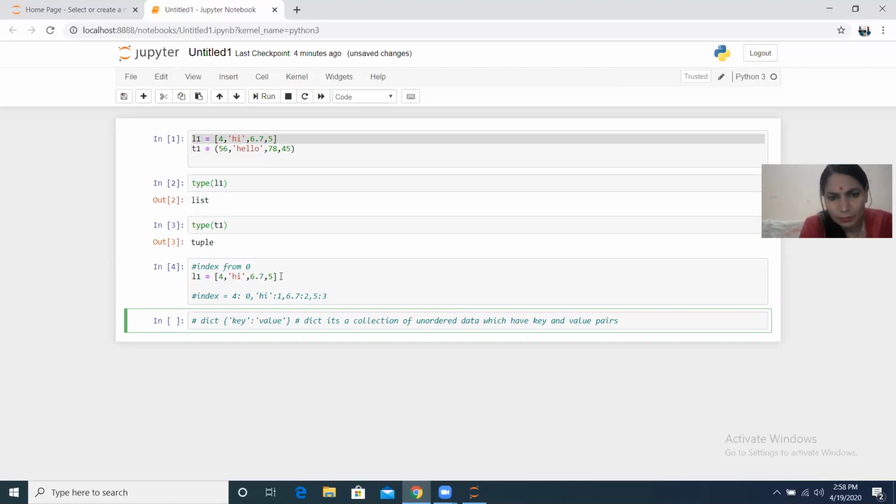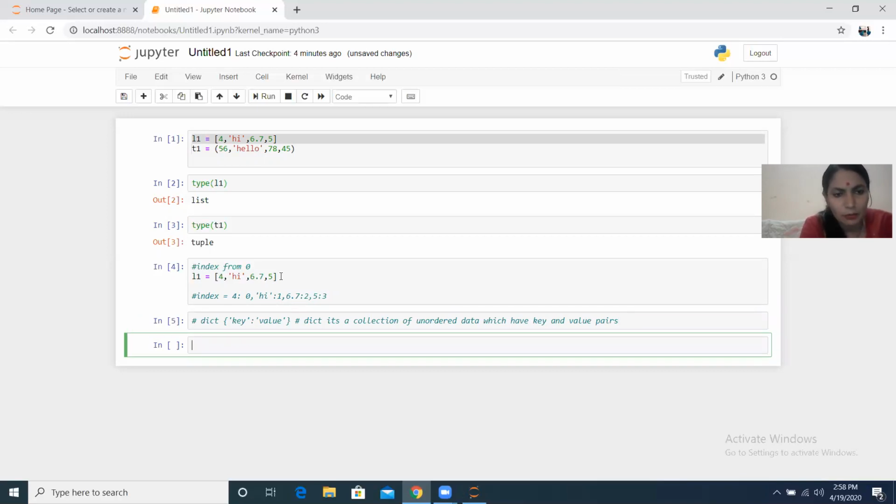Before going through this technical definition, try to understand the concept of a dictionary and why we need this. As I said, until now you have studied list and tuple, and you have the same index for each and every list. You count from 0, 0 1 2 3 4, for the list as well as for the index.